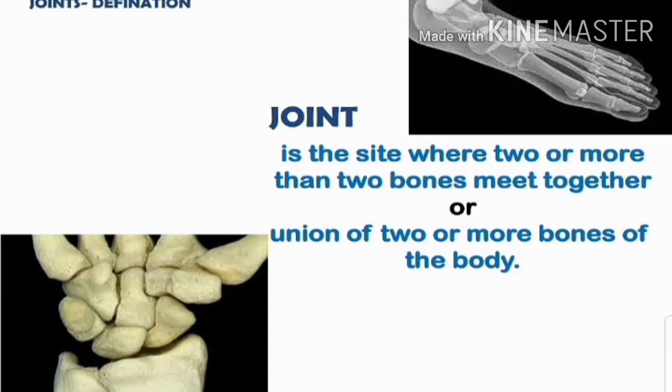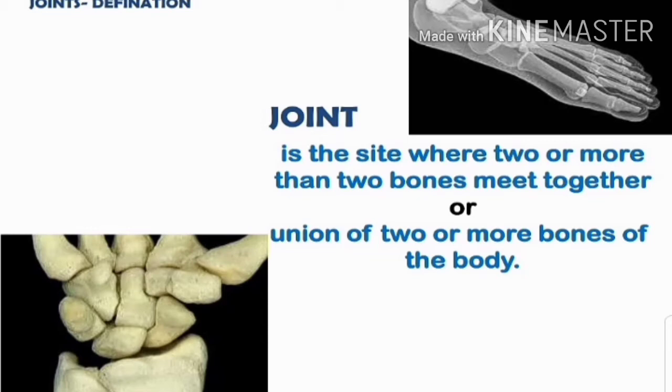So see, children, in our skeletal system there are many joints. Except for the skull, all joints are movable. In the skull, the bones are interlocked, making the joints immovable. Only in our skeletal system, the skull is not movable; the remaining joints are movable. Bones are held together at the joints by a strong tissue called ligament. So a joint is nothing but a point where two or more bones meet.